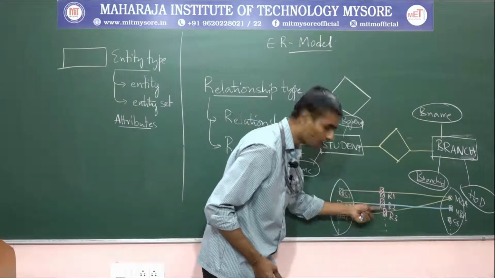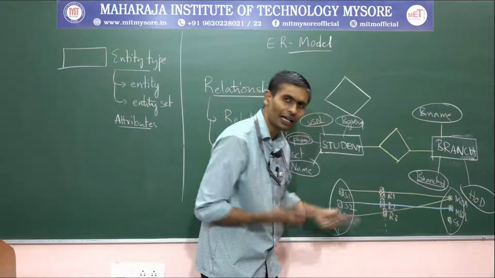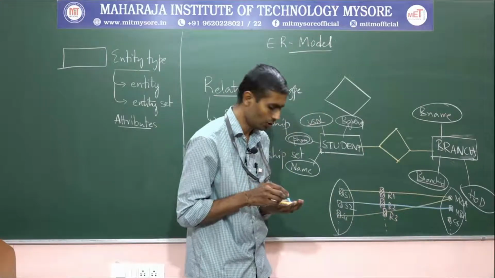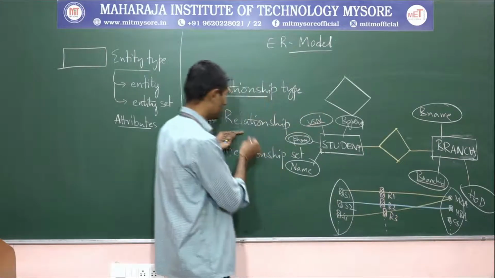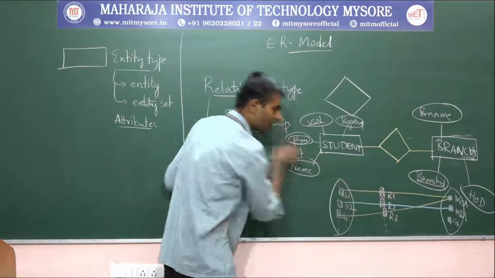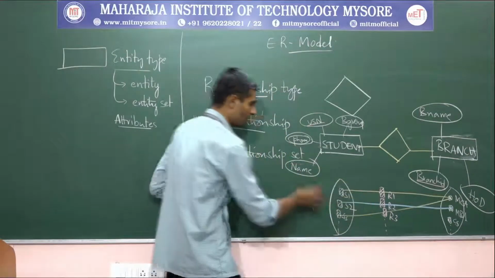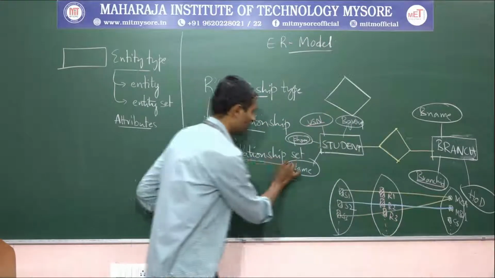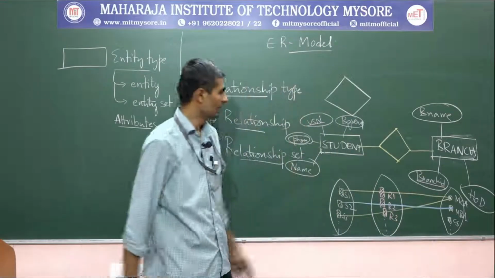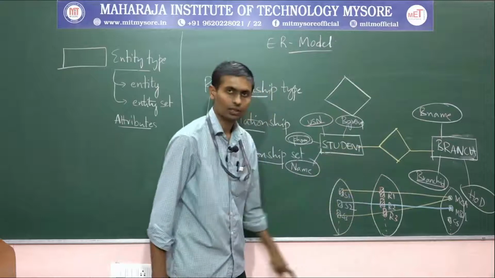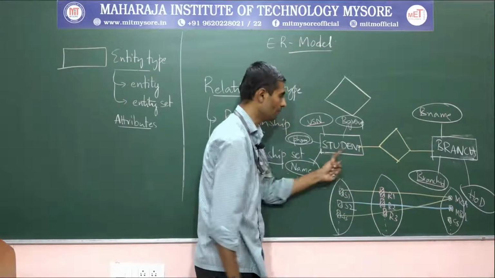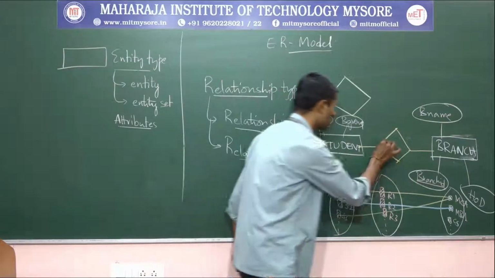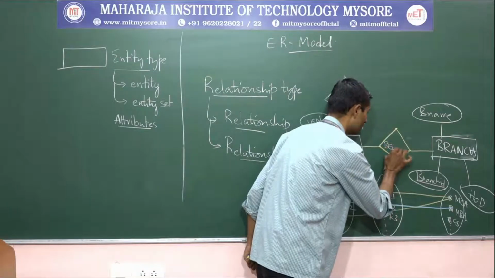So definitely it's looking like a collection of relationship instances, and this we call by name. This is what I said. Each instance is a relationship, and a collection of these instances, this we call by name what? Relationship set. This represents this relationship and how they are connected. Student belongs to branch, right? Let me call it by name. This is belongs.